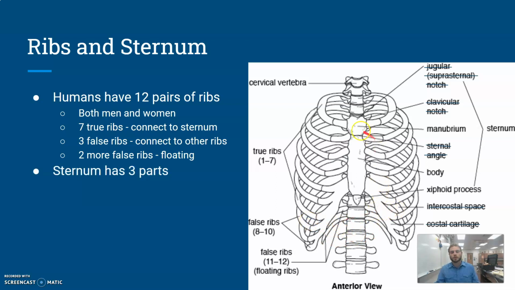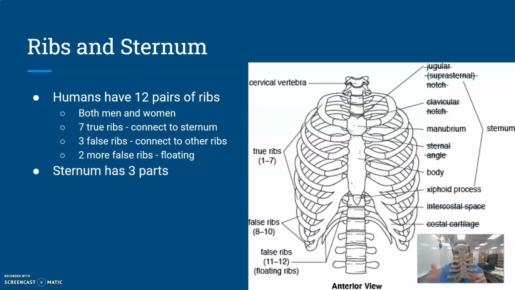Your sternum has 3 parts. You can see those 3 parts in this image here. You have the manubrium sitting superiormost here, the body of the sternum, and then ending with that xiphoid process. Remember that xiphoid process, some people it might poke in, some people have a hole in their chest, some people it might poke out. I actually do have